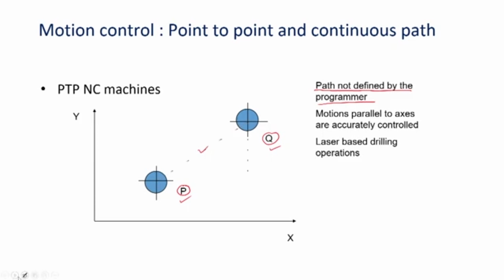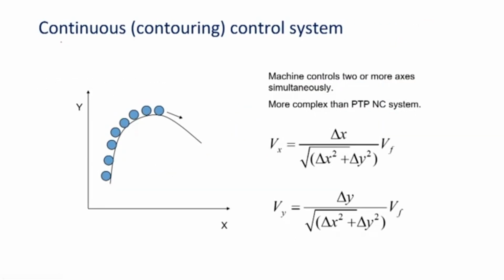As I mentioned previously, we have to control the x axis and y axis simultaneously with a certain velocity, and this velocity is a function of the incremental movement along x direction, incremental movement along y direction and the specified feed. So, Vf is the feed of the movement,